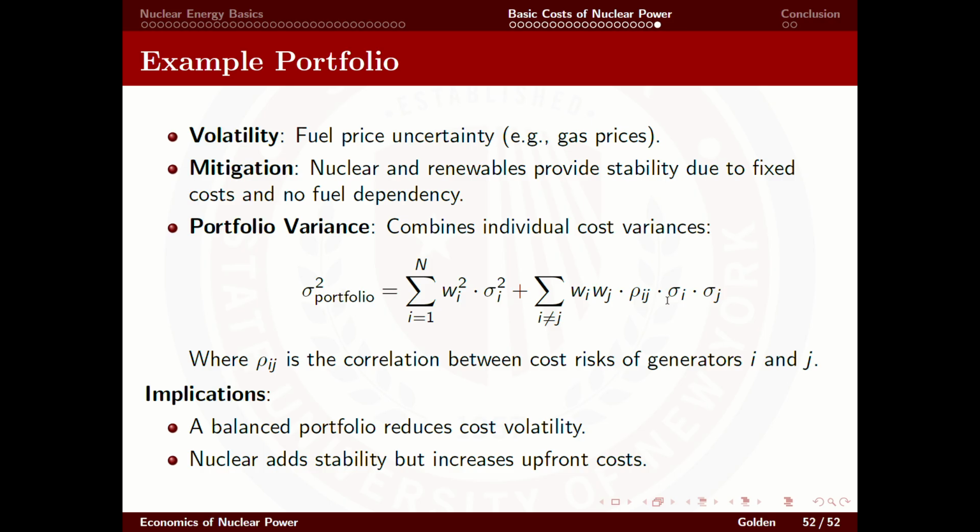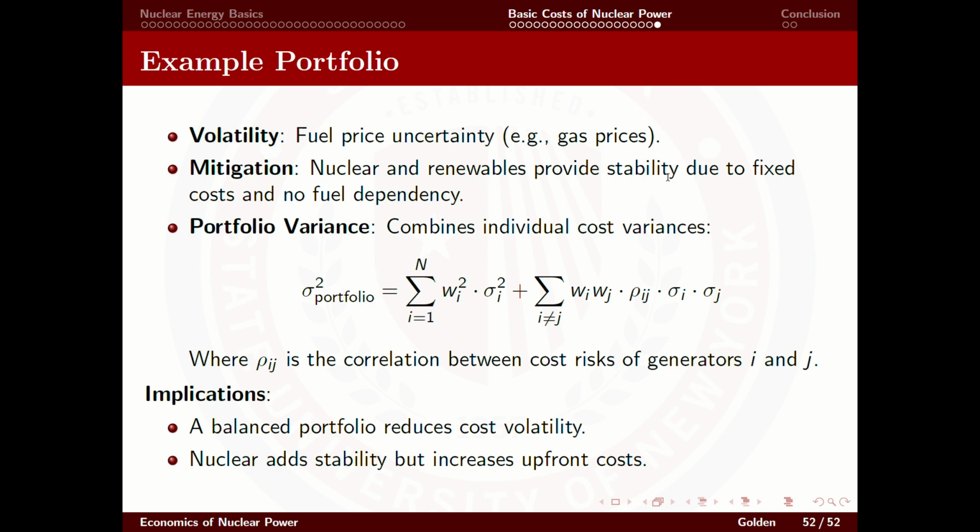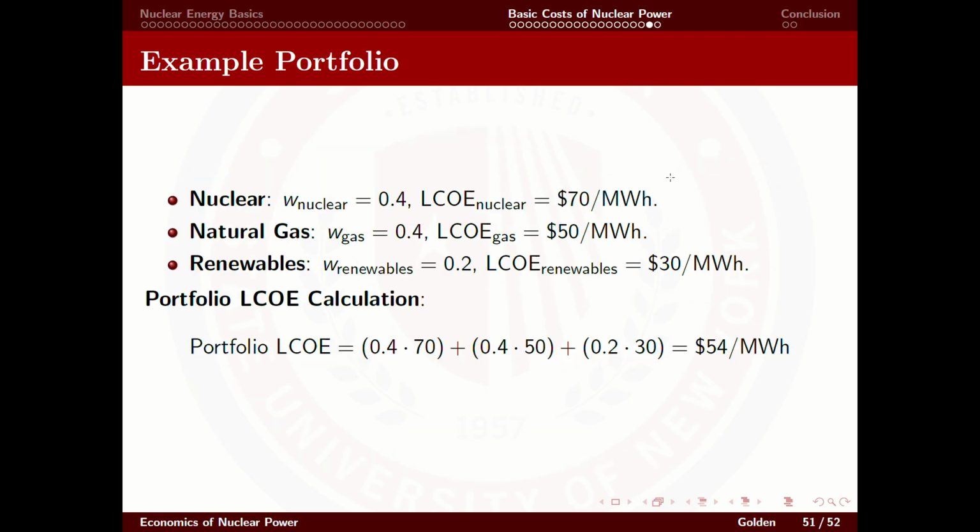Basically, you want to get the covariance addition. So rho is the correlation between costs or risks of generators i and j. And so the implication here is that a balanced portfolio reduces cost volatility, and nuclear can add stability to a renewable portfolio, and it can add stability to a natural gas portfolio, but it